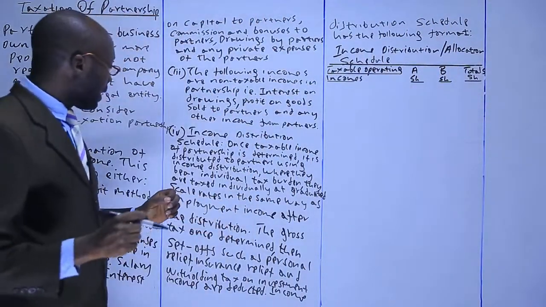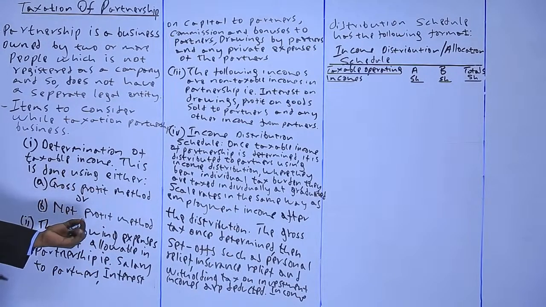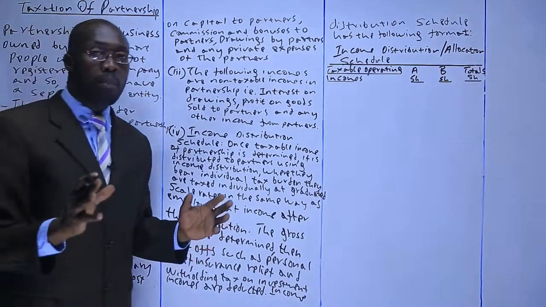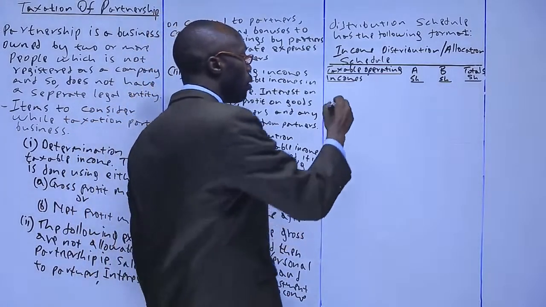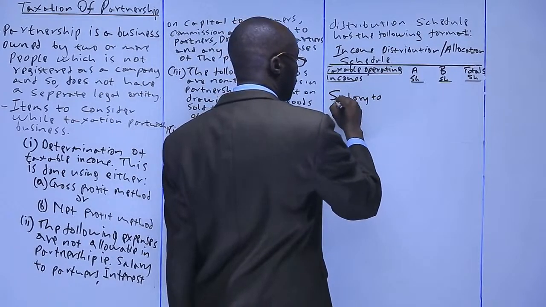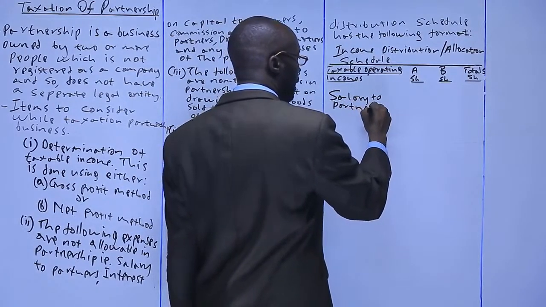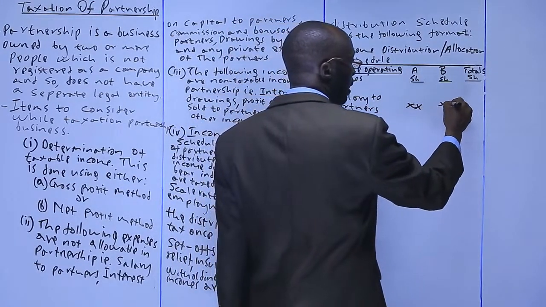So the taxable operating income you would have determined using either gross profit method or net profit method. You can distribute it this way. The first one is usually the salary. So salary to partners. If partners have the salaries, if this one had a salary, you put there this one and the